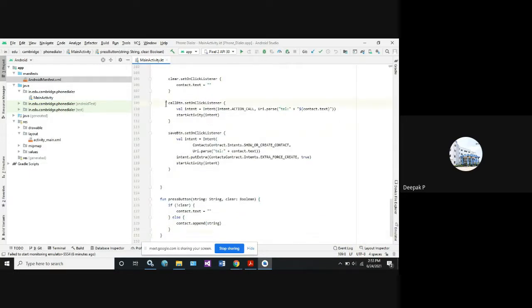So whenever you want to have a call button, whenever you click on the call button field, what it has to do is take the number and, based on it, make the call. So for that purpose, we have written an on click listener. We are taking the value here as intent. Intent is nothing but my action, which has to be specified. So how to take this? The function is written as Intent of Intent dot, in capital, ACTION underscore CALL.